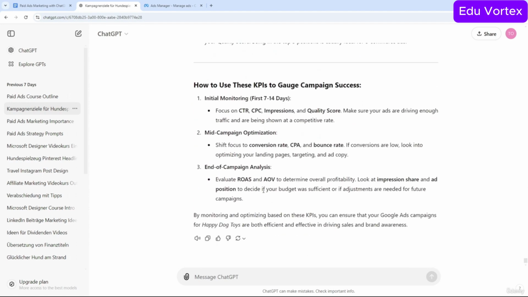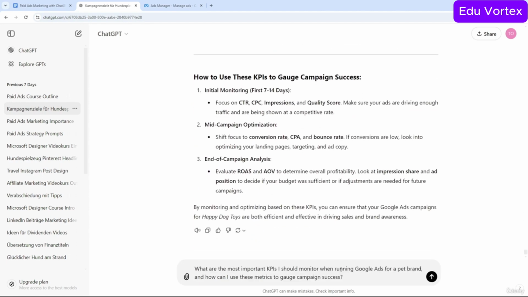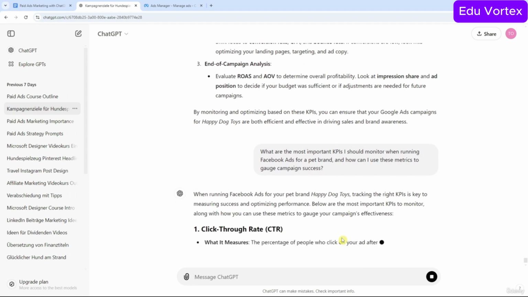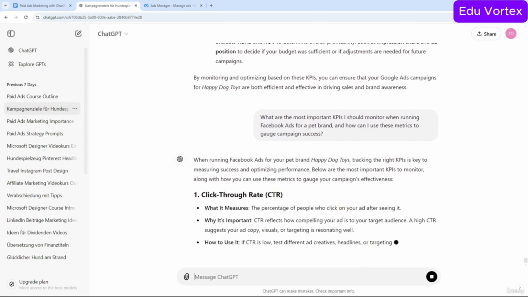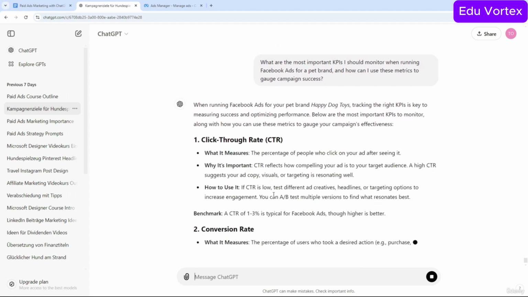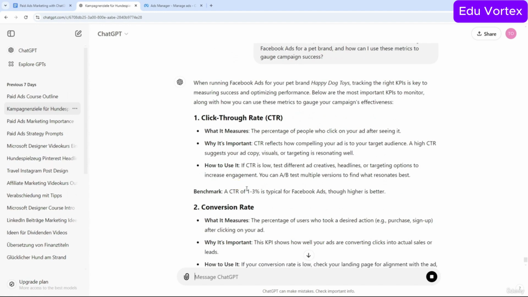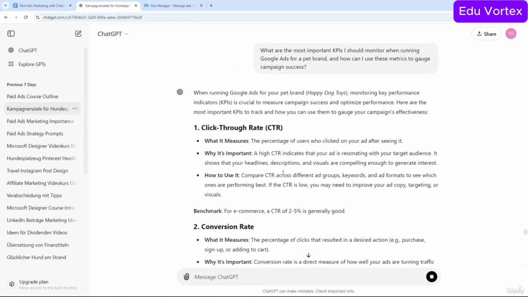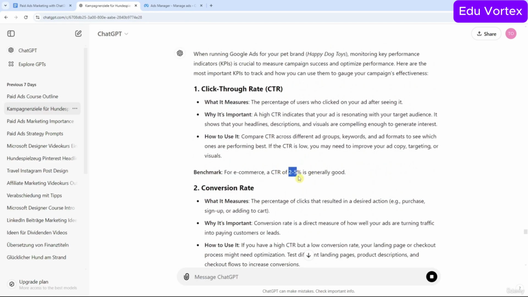So what we will do is ask the same for Facebook ads, just to give you a bit of an example that there are differences. We do have CTR again, so click-through rate is the same. Here we have a click-through rate of 1 to 3%. Why? Because Facebook and Instagram are social media networks and Google is just a